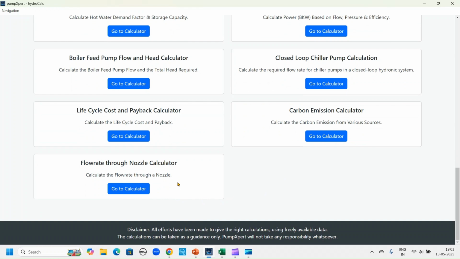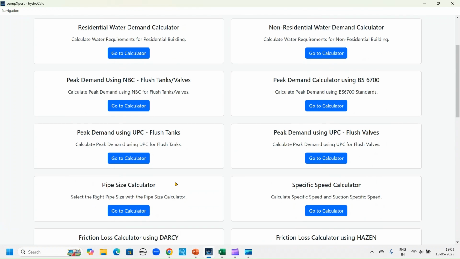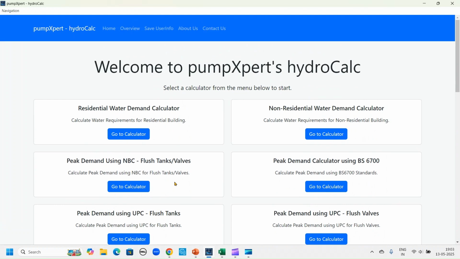I have 4 or 5 nozzles, and you know the diameter of the nozzle and the pressure that is required for you. You can calculate what should be the pump size. So this is, in brief, all the calculators that you have in one place. I'm going to take you through